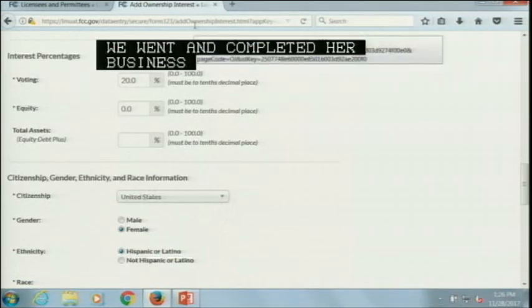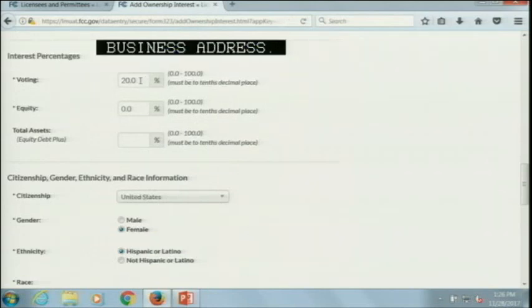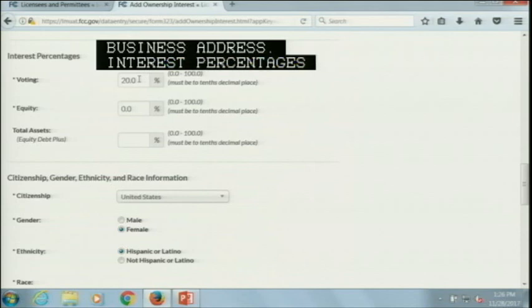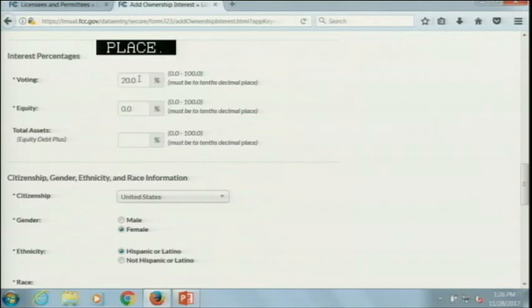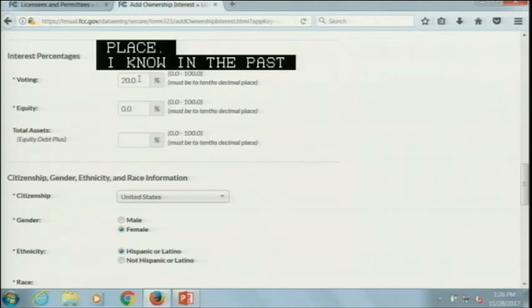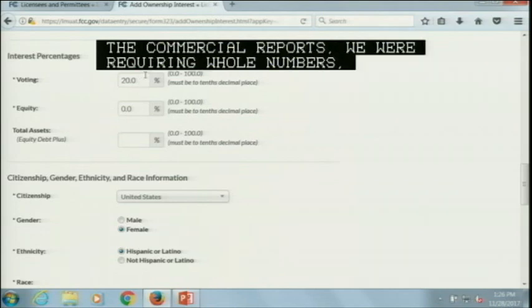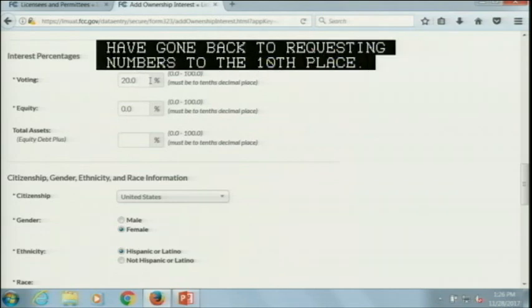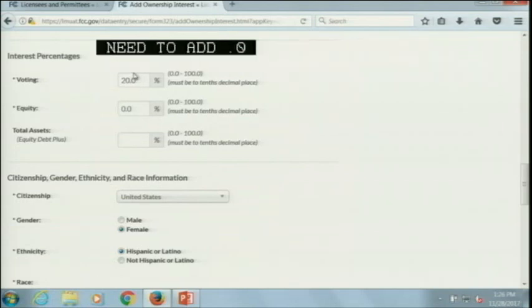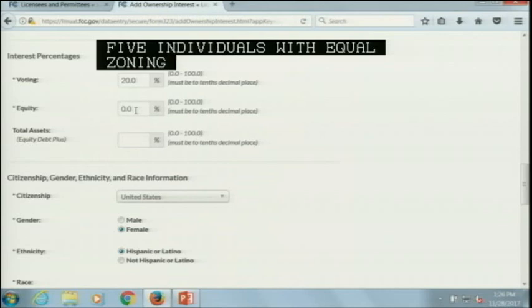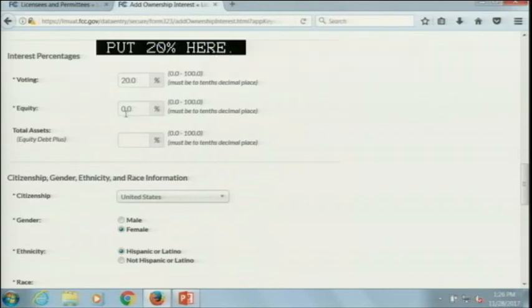Interest percentages. A couple of things I want to note here. One is we are now requiring numbers to the 10th decimal place. I know in the past, at least for the commercial reports, we were requiring whole numbers. So we've gone back to requesting numbers to the 10th place. So even if it's a whole number, you need to add 0.0. Another thing, again, we're filling out a non-commercial report. So we're just assuming in our universe here that we have 5 individuals with equal voting rights. So we've just put 20% here. Equity, we've put 0. Chances are that's going to be 0 for non-commercial